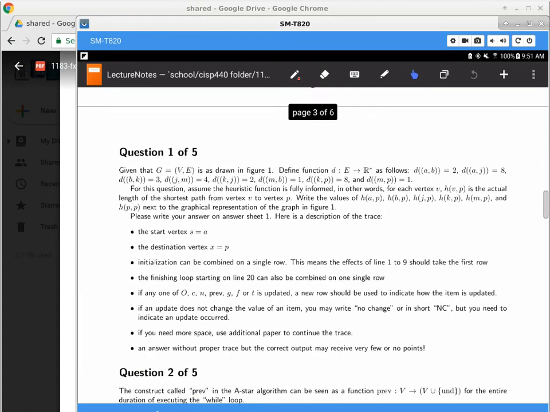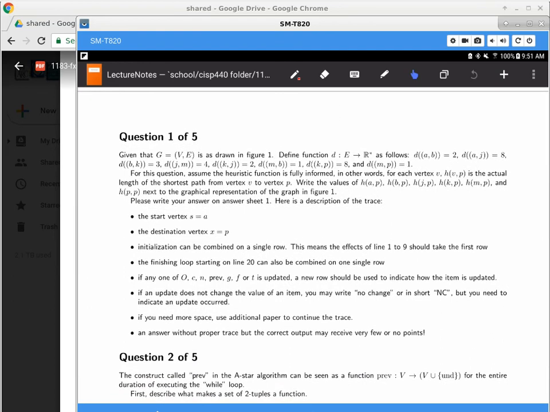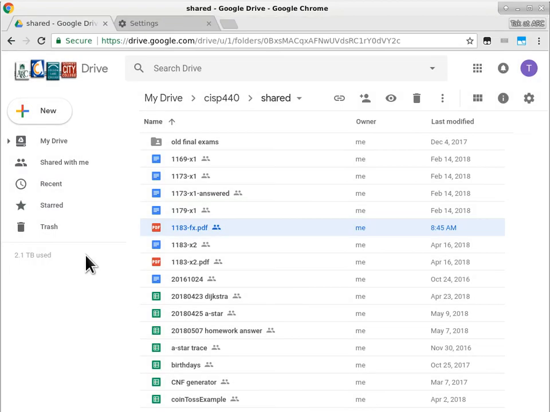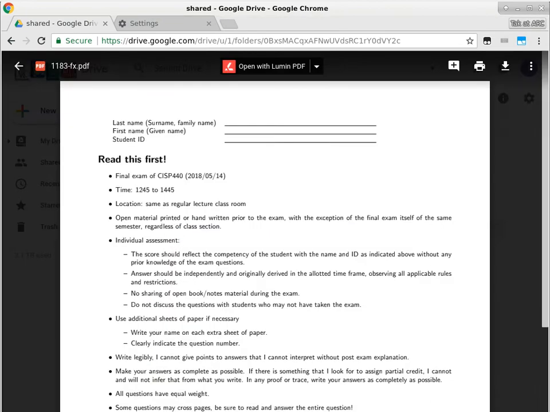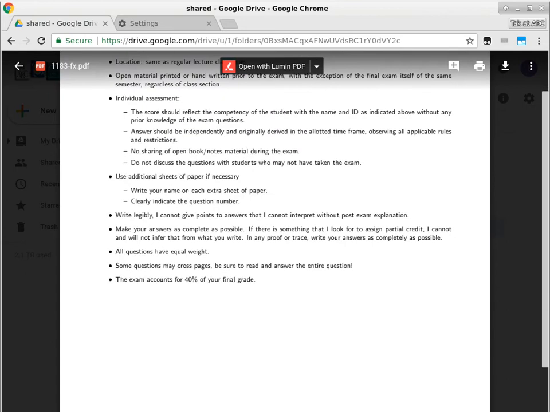The first question is really just asking you to give me a trace of the algorithm when it runs. And it's kind of difficult to do it on a small screen because that's all I have for recording. So what I'll do is I'm gonna cheat a little bit. I have a browser in the back end, which is this one here. So I'm gonna use this one to look at the algorithm and the graph at the